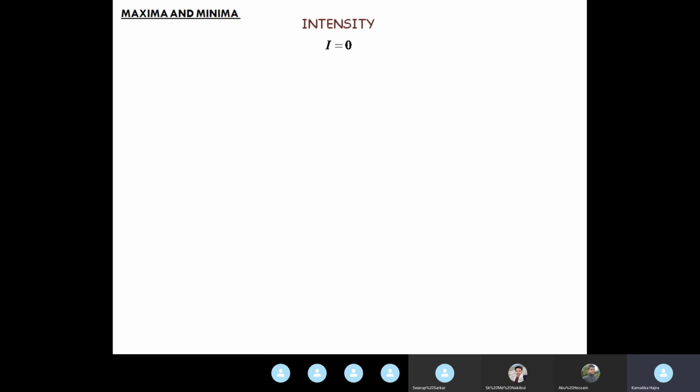Now, I can be equal to 0 either if cos square gamma equal to 0 or if sine square beta by beta square equal to 0, right? It's a product of these two terms. So if any one of these becomes 0 or if both are 0, then I will be equal to 0. So either cos square gamma equal to 0 and or sine square beta by beta square equal to 0. Please don't put just or, it has to be and or because it is a product term.